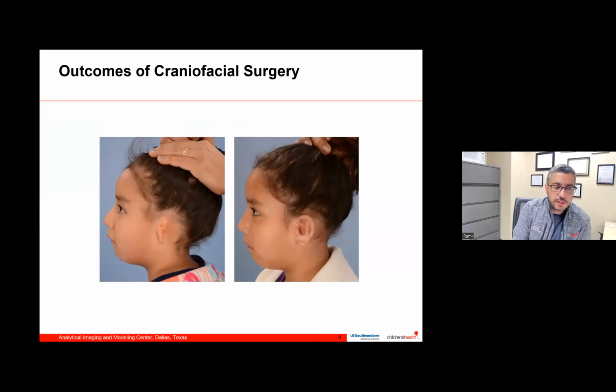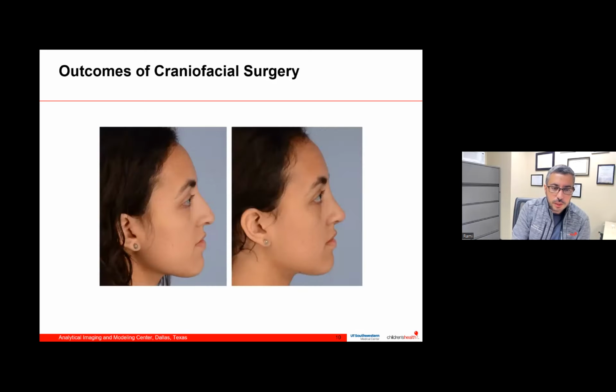For example, in this picture, I'm not sure how many of you noticed that this patient had an ear deformity, and that's why the surgery was done. Our brain is always looking to find clues from the face, because that's how we are trained to look at people. We use our face as the window to the world, and that's where we get most of our features. And I'm not sure how many noticed the deformity on the ear. But even when we try to look at normality, it can be subjective. It can be different from one person to another. And this can depend on our experience, and two surgeons might have totally different outcomes.